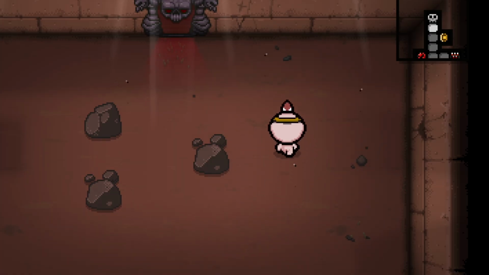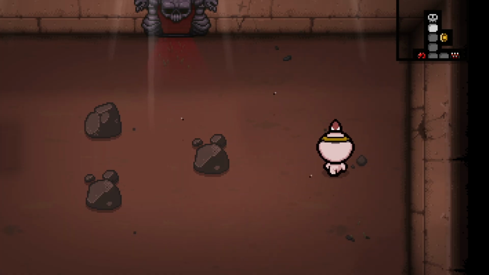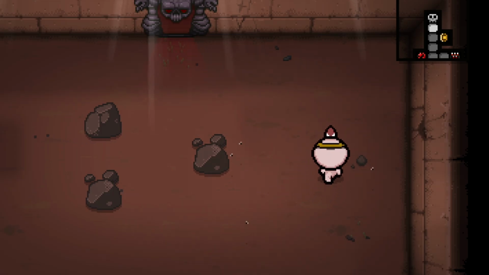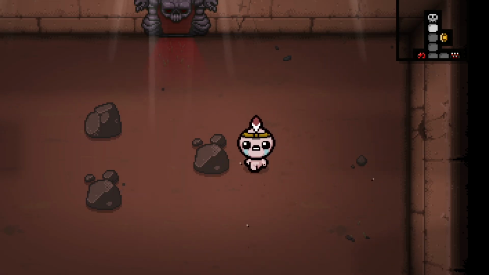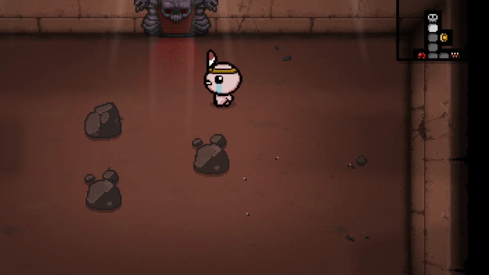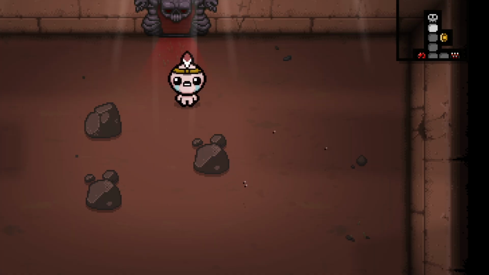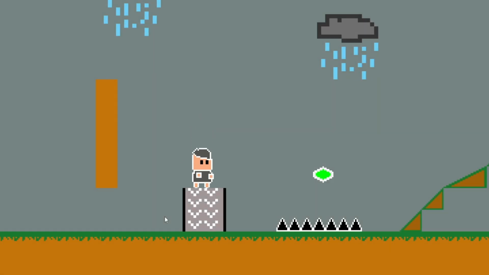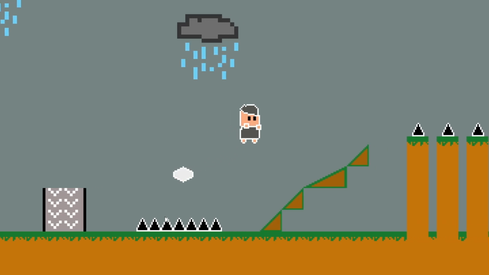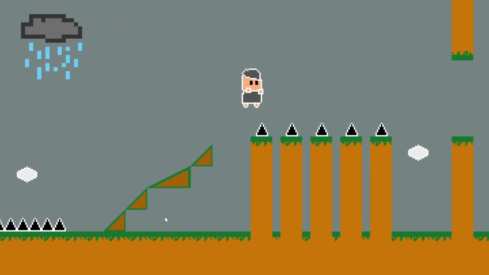Well, when we look at the way Isaac moves, he doesn't actually reach full speed the second I click the right button to move. Isaac accelerates to a maximum speed, but not instantly. And when I release the button, Isaac again doesn't come to a halt instantly, but instead slows down gradually. Comparing that to my game, the second I click to move, the character reaches maximum speed, and the second I release, the character comes to a halt.